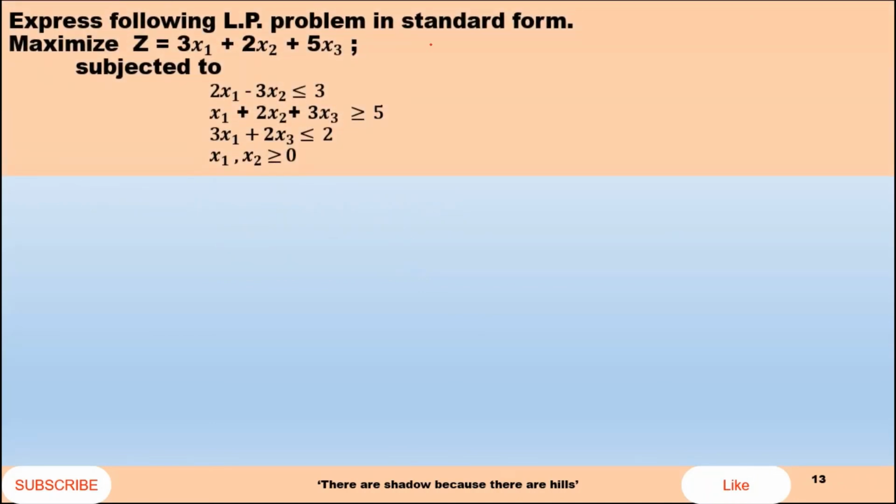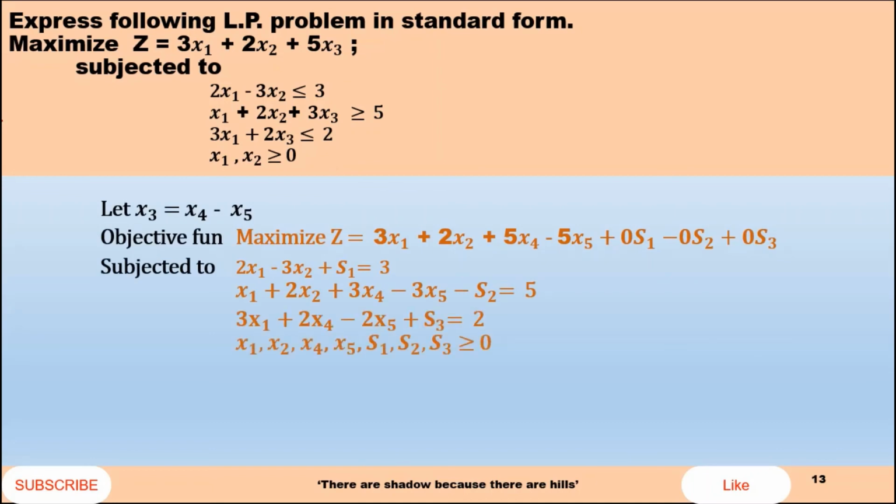Now just try to convert this problem into standard form. If you closely observe this problem, see here, in the non-negative constraint, we surely know that x1 and x2 are non-negative, but we don't know about x3. So x3 is unrestricted. So recall what we have learned in this video about how to deal with an unrestricted variable, and try to convert this problem into standard form. You may pause the video until you solve that problem. And here you can also check your answers.